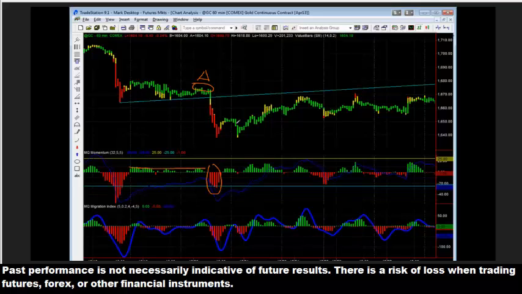All right, let's go to another example here. This is a situation where I got off the plane coming back from my trip in Dallas. I looked at prices on my iPhone, and this is where some government official, I think it might have been a congressman, said something about the fiscal cliff being unavoidable, and it caused the markets to go haywire.